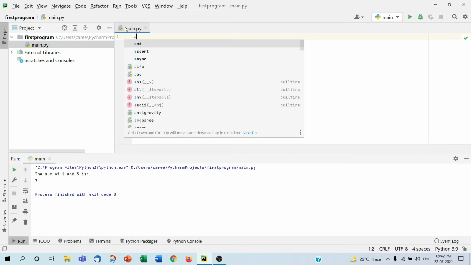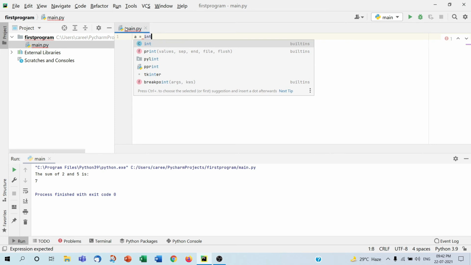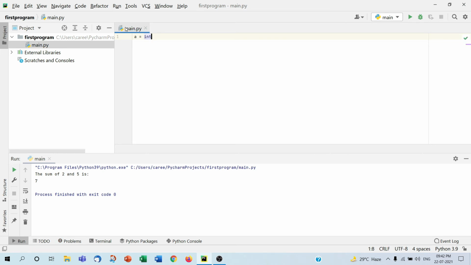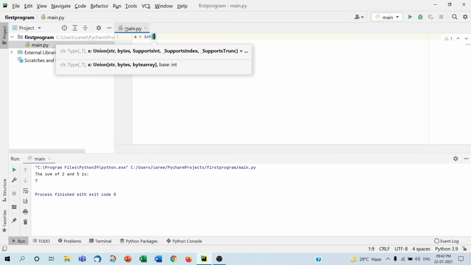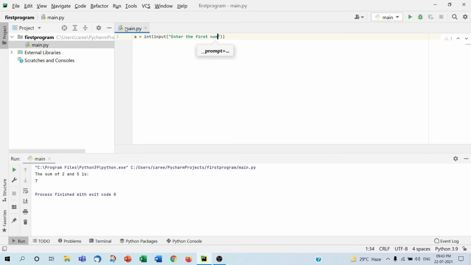So I will take a equal to int, that means integer, and then parenthesis, and then input. Input is a function which is used to get inputs from users. So we will use input function to take input from users. So now give again parenthesis, and I will pass a string, that is enter the first number,